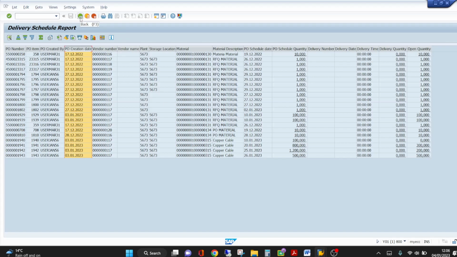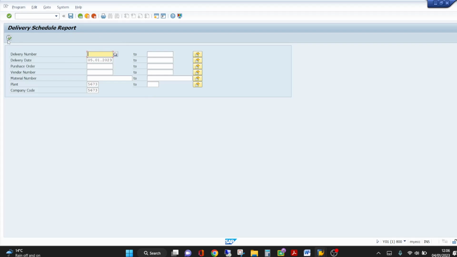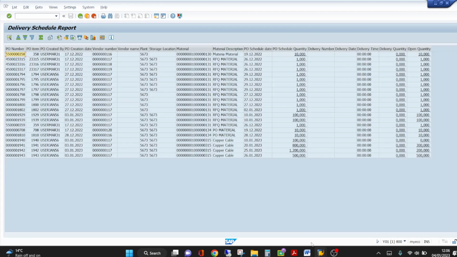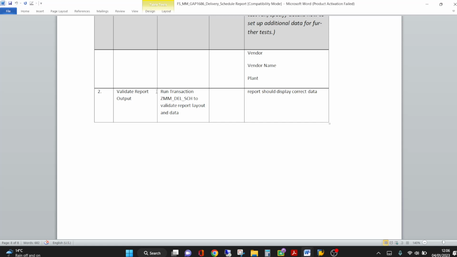I have already explained the main things in an ALV report. The first thing is the selection screen. Second is the fetching of data, and finally the report layout. And from the functional specification, you have to run the transaction and validate the ALV report. So this is mainly to explain in an interview